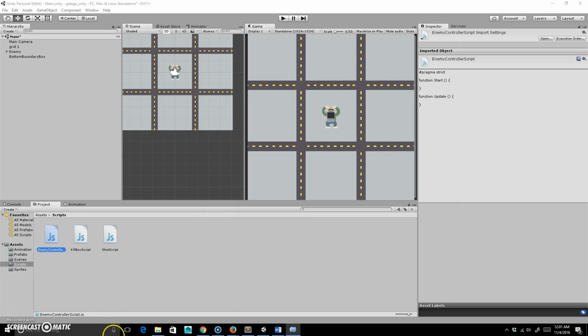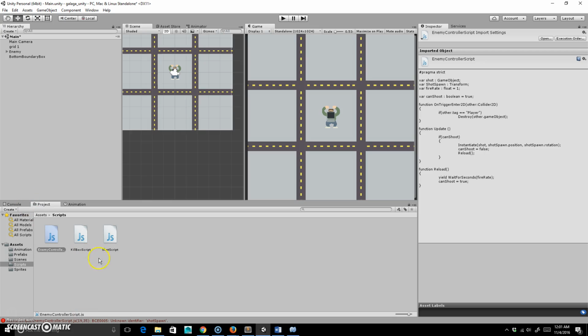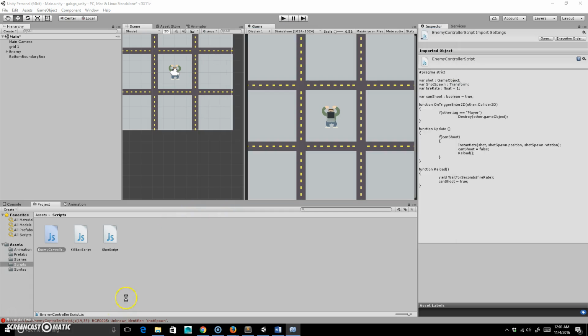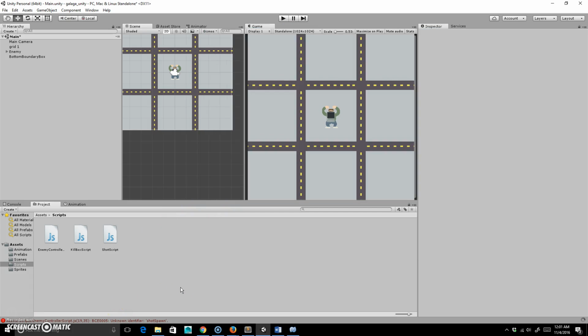We'll save that, click over here. I'm sure I'll have some sort of error. Shot spawn, it did not like. Shot, oops, I capitalized it up here. And let's see. Good. All right, so then what I'm going to do is I'm just going to take this and throw this